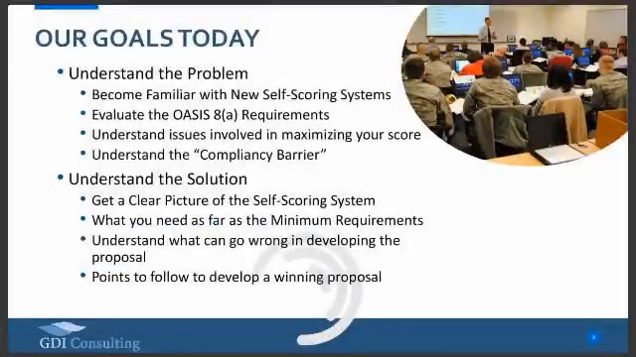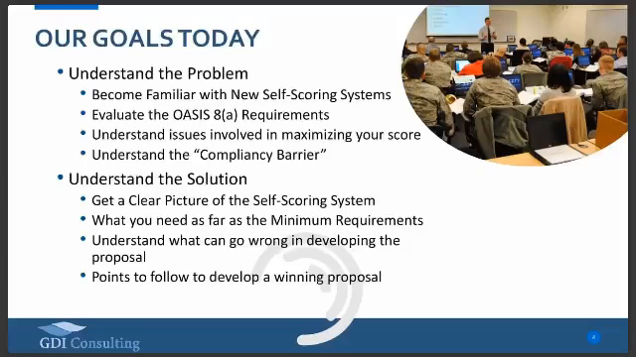So the goals today, as you're going through the seminar, to keep in mind are to understand the problem, that is, become familiar with scoring systems, to evaluate the requirements for this particular offering, the OASIS 8A, to understand the issues involved with maximizing the score, the things that you could overlook or the things that might go wrong, and understand the compliance barrier, both the reasons and some of the stumbling blocks that can exist during the offering and in response to the